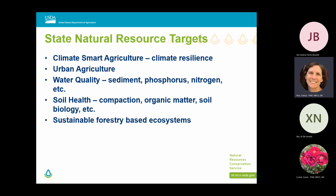Climate smart agriculture has definitely risen to the top of the list. If you look at the language, which starts on page 7 of the NFO, it goes through a number of things in climate smart agriculture that lead to climate resilience on operations. And that's the technical target we're looking at there. Also urban agriculture. So when we talk about a CIG, everything in these 5 topic areas really should be looking at